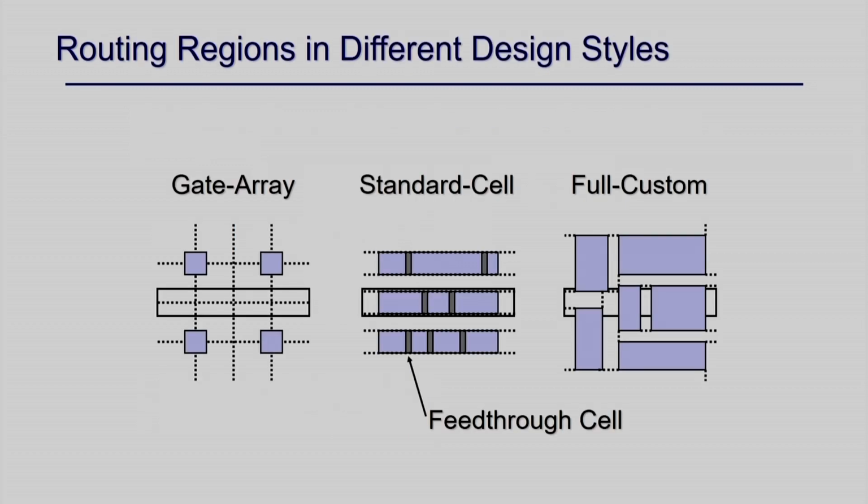For a gate array, that is FPGA, the regions look something like this, because the interconnection area is very fixed. In standard cell, I have to make a connection from this to this, the feed through, so these are the channels. And for full custom, where you have all the options, you can have switch boxes and channels, and all the possibilities will come, which is ASIC design.